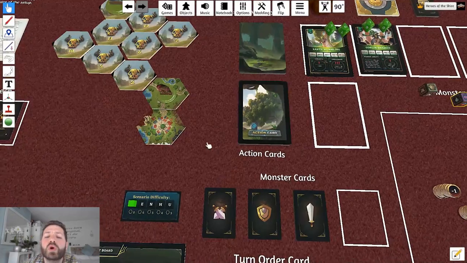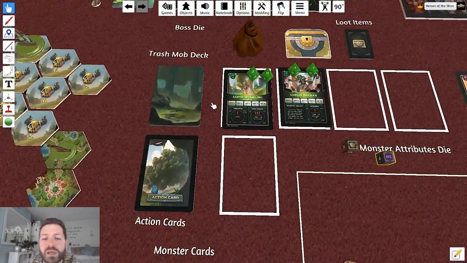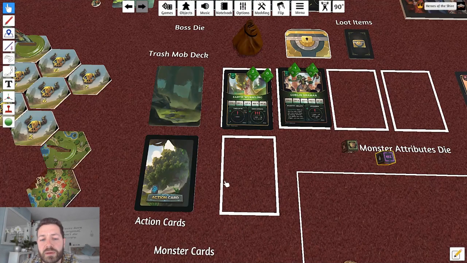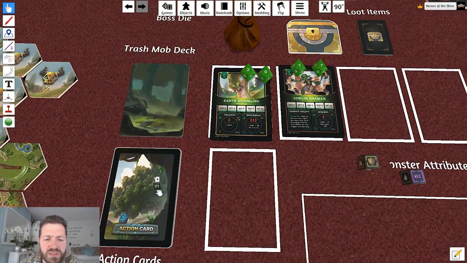So who does the Earth Wormling target then? Seeing as this is not one versus many mode, the Earth Wormling is not being controlled by another player. So we only have one stick man here, which means the Unearth can only target one enemy. So it can either target...